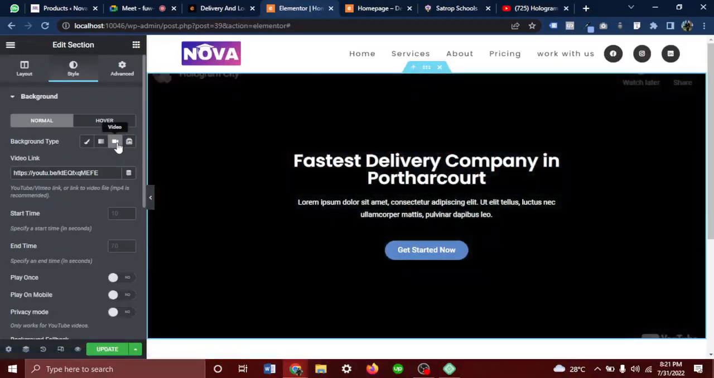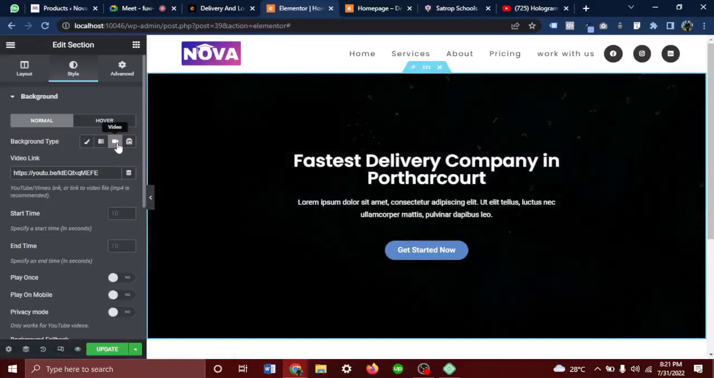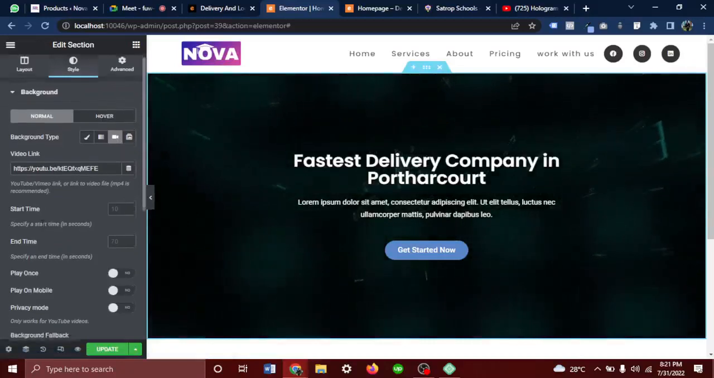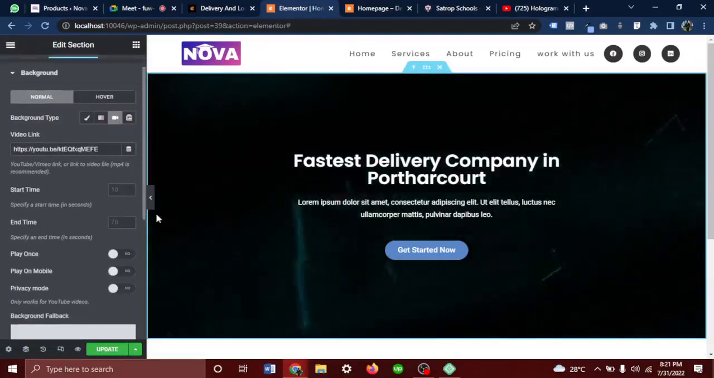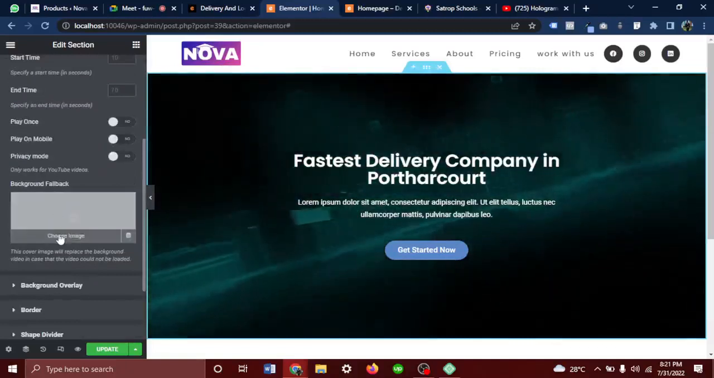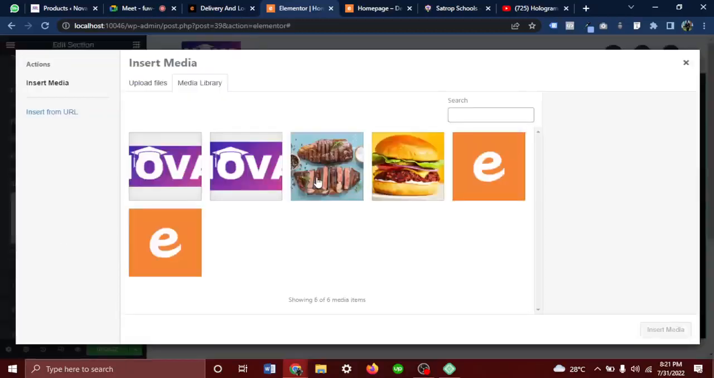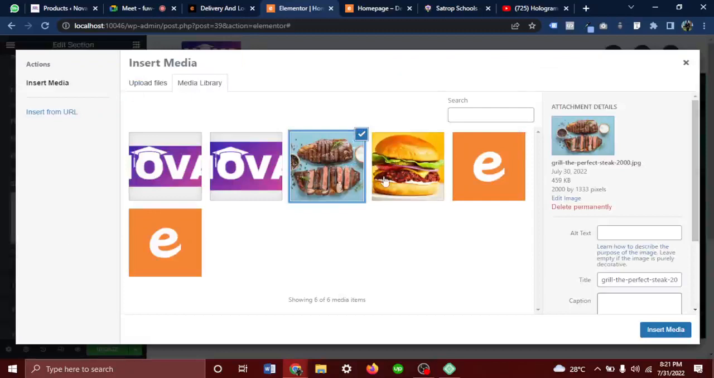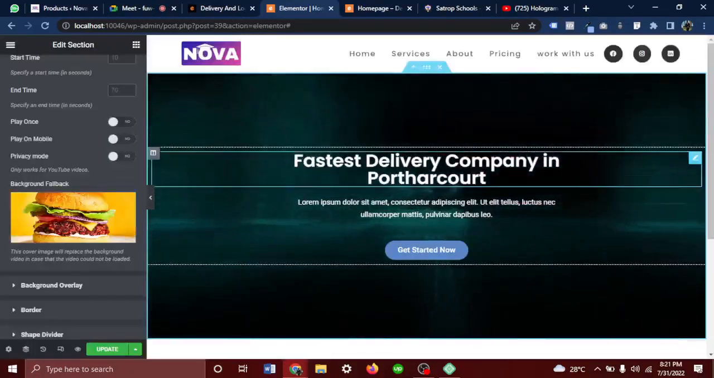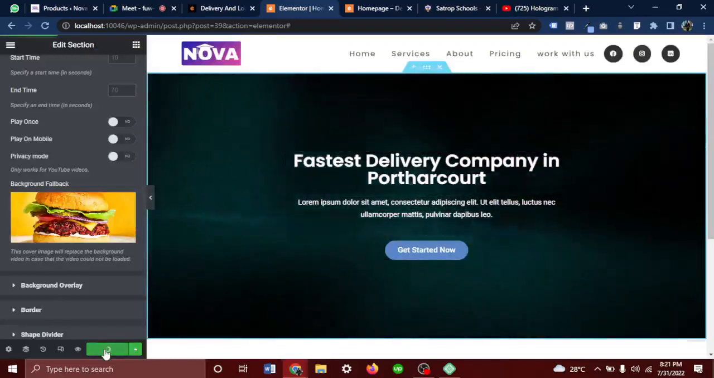And it looks amazing. It looks beautiful. And with the video background, let's say something happens and the network is low and it can't actually load the video, you can come over here and set a fallback image. The fallback image is the image that it will show if the video is not available, or if the video